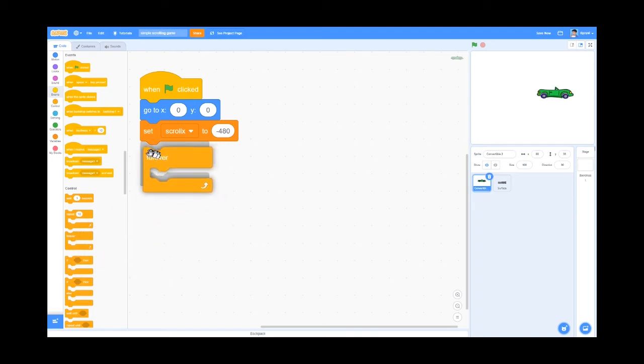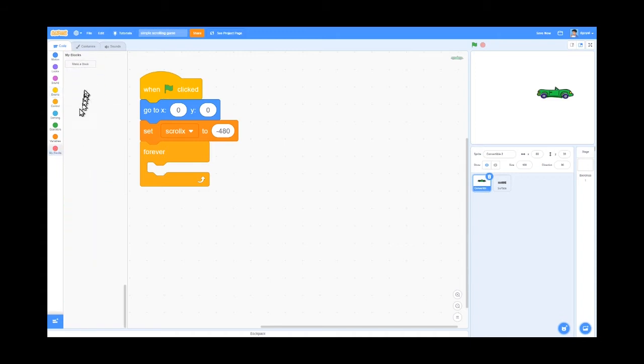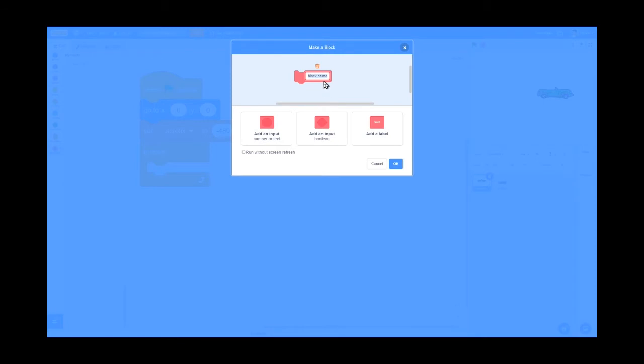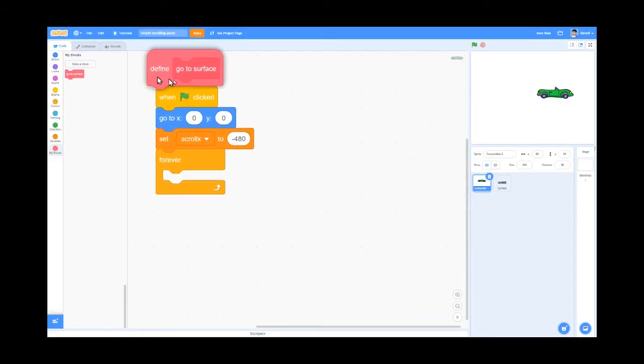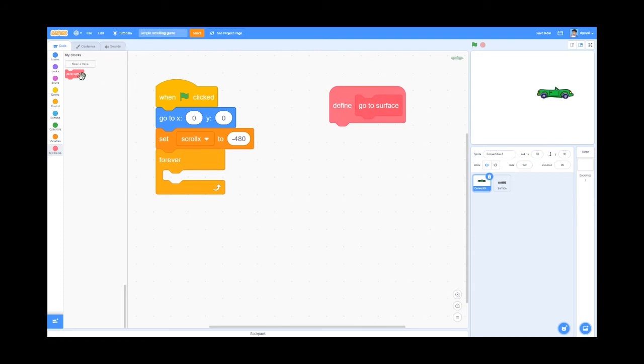So forever, and then here is where we will need a new custom block. So come over here to my blocks, click make a block, and we will make this block name go to surface. There, go to surface. Remember to click run without screen refresh, and then click OK. You have this new custom block, and you have this block. So forever, go to surface, motion,